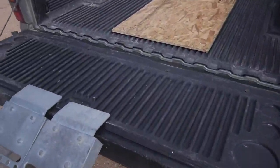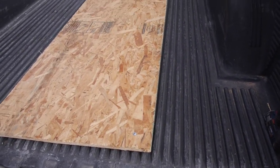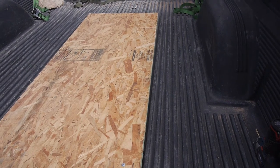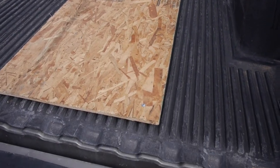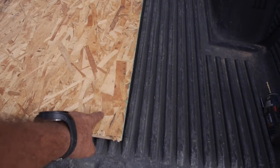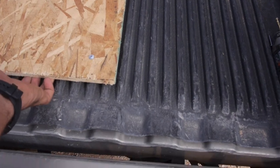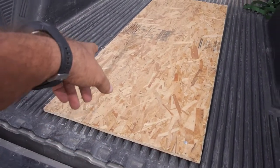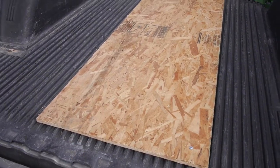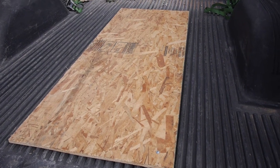This is the first time I've tried this, and it works wonderfully. Usually I come out of the bed liner, and this thing is so slippery, all you can do is hold on to the front brakes, and your front wheel is sliding across the plastic. So I grabbed a scrap of OSB, put a couple little screws down through the wood, through the plastic. You know, it's just attached to the plastic, right? But that gave the tire more traction. You can see I was still sliding the tire, but I felt like I had a lot better control. So for the guys that are obviously smarter than me,